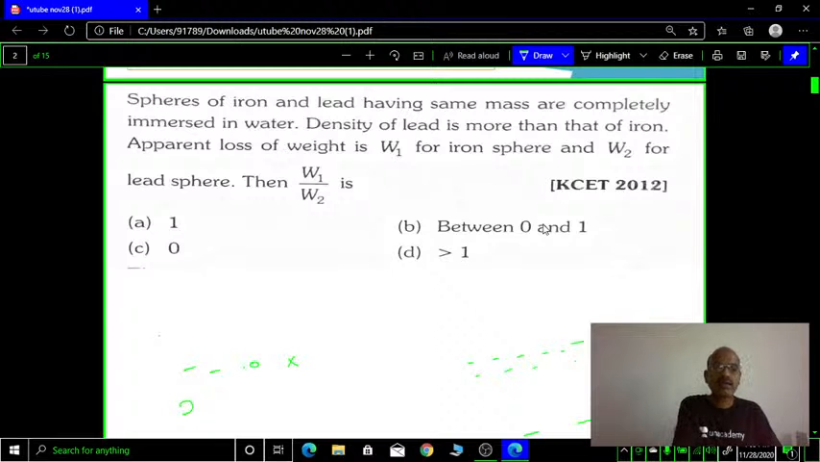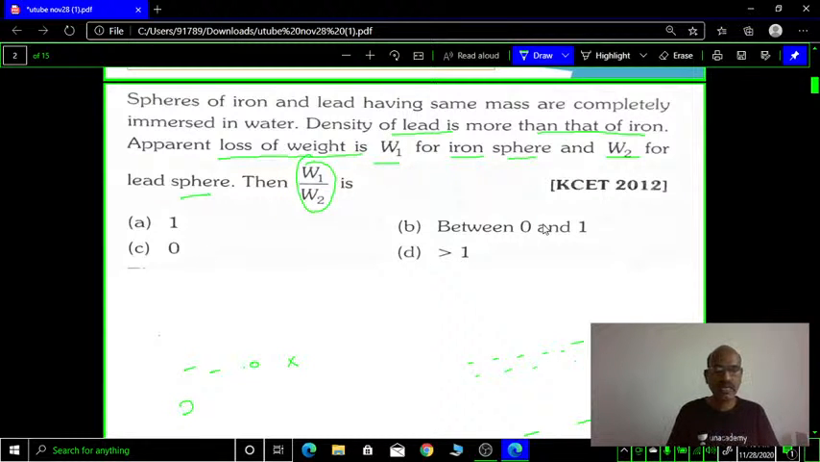See that the sphere of iron and lead having same mass are completely immersed in water. Density of lead is more than iron. See here, density of lead is more than iron. Apparent loss of weight W1 for iron sphere and W2 for lead sphere, the ratio is,